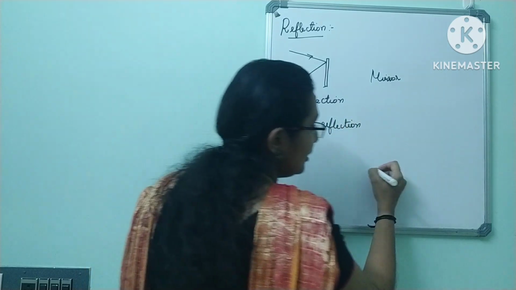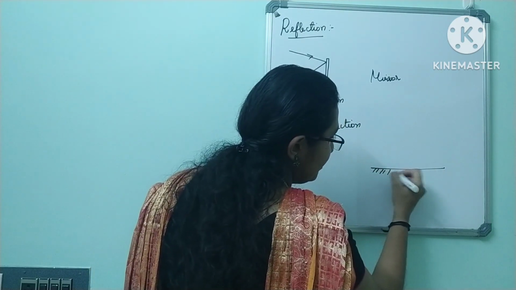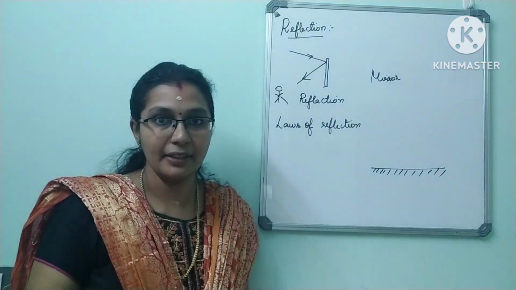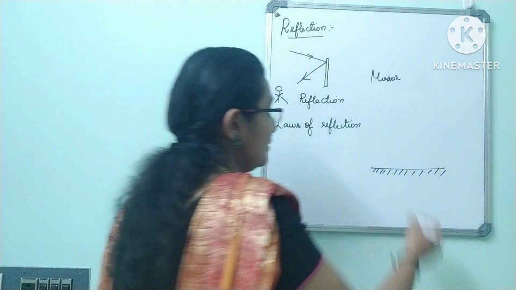So let us consider a mirror. Okay, this is the polished surface. So which is the reflecting surface? The other side is the reflecting surface. Now what happens is,